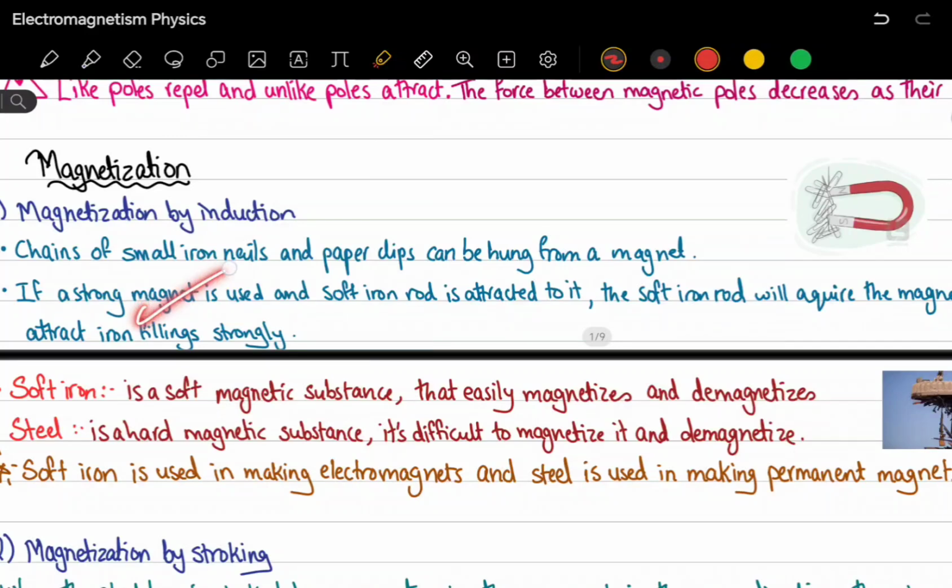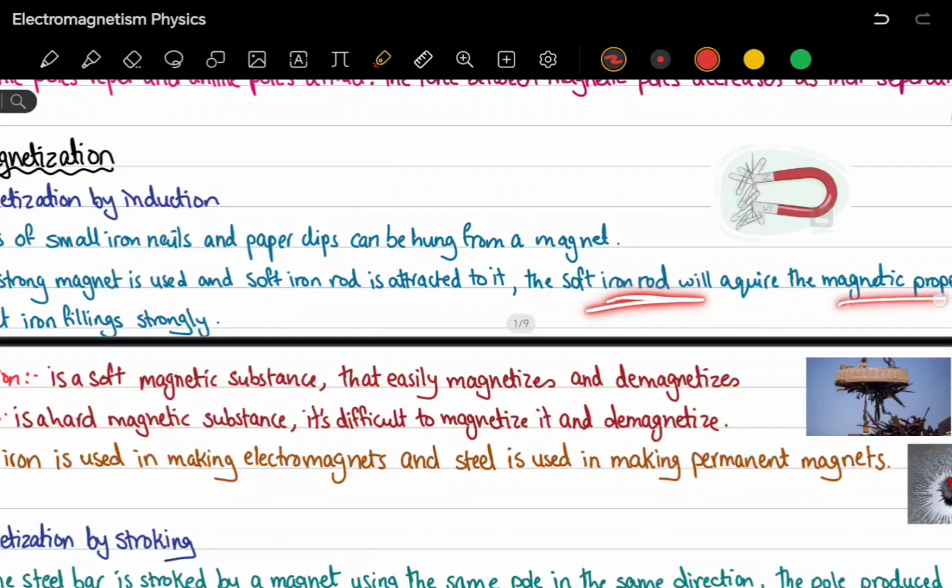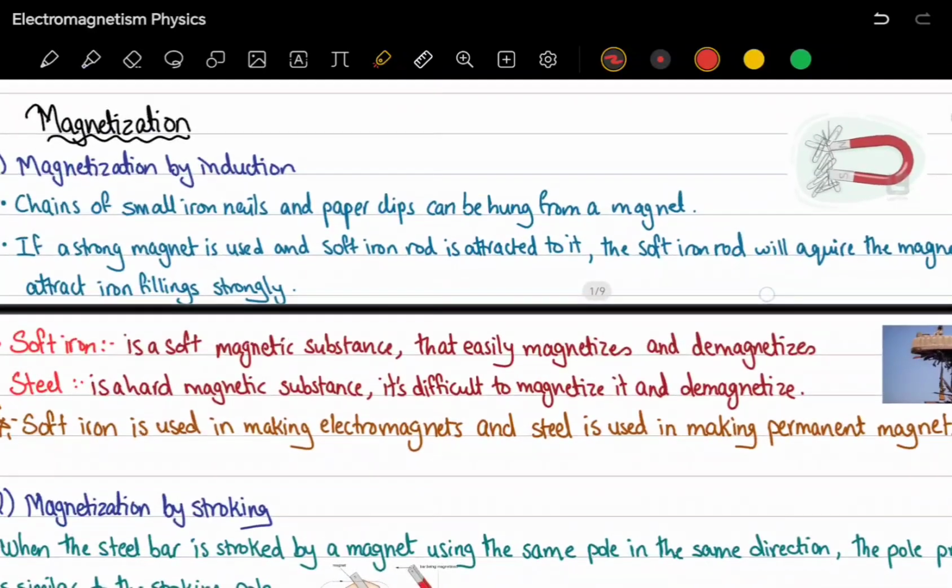If a strong magnet is used and a soft iron rod is attracted to it, then the soft iron rod will acquire the magnetic property and therefore it can attract iron filings strongly. What do I mean by this? For example, if you have a normal magnet, and this magnet is used to attract any soft iron rod, like for example this rod,